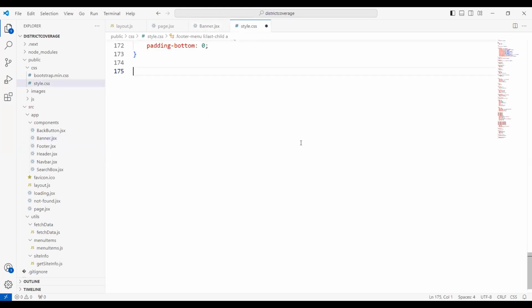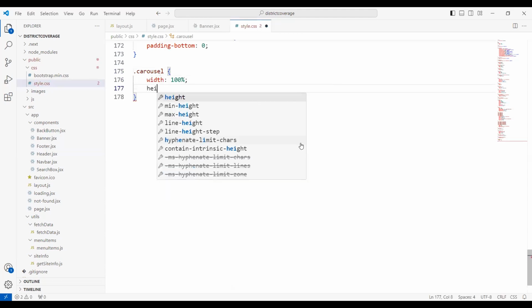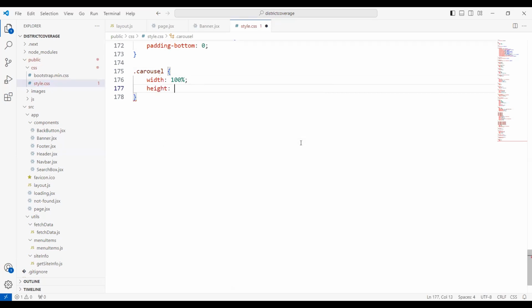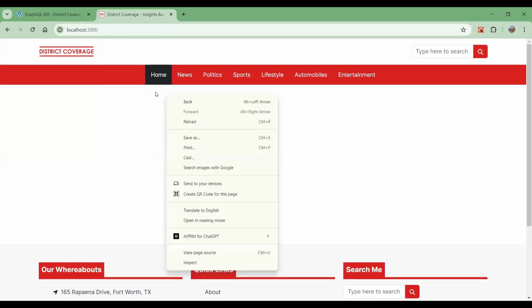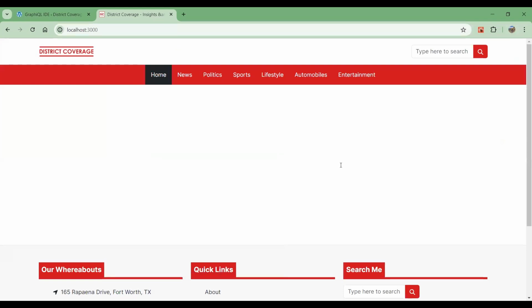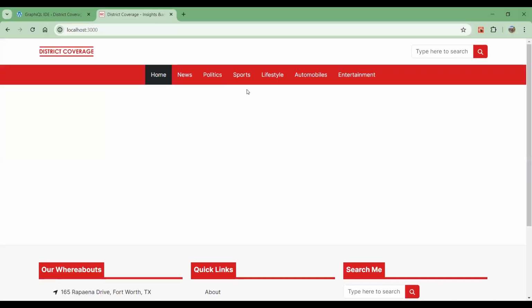we'll just define the CSS here, .carousel. The width will be 100% and height will be 450 pixels. So we have got the carousel here at 450 pixels, and then we'll write overflow hidden, and let's go ahead and fetch